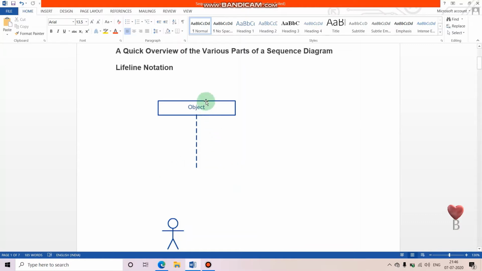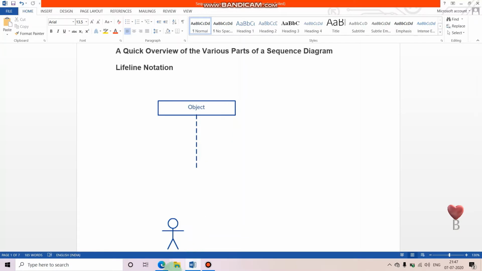So you can't keep one lifeline notation on top of the other lifeline. They should not overlap each other. They represent the different objects or parts that interact with each other. These basically represent the subparts of the system.